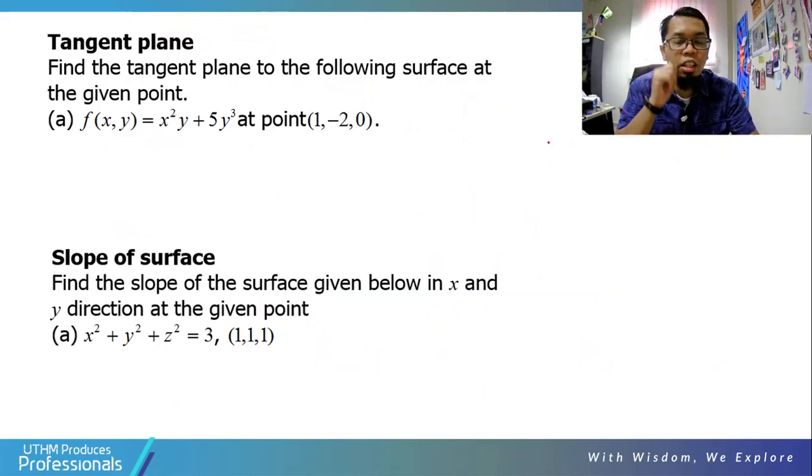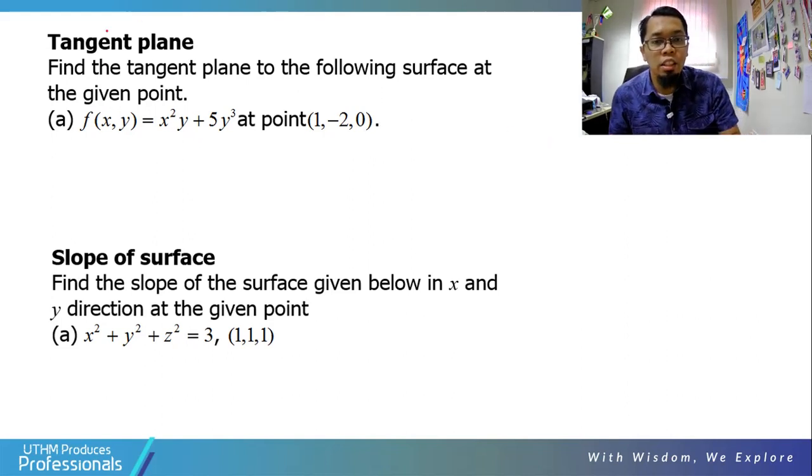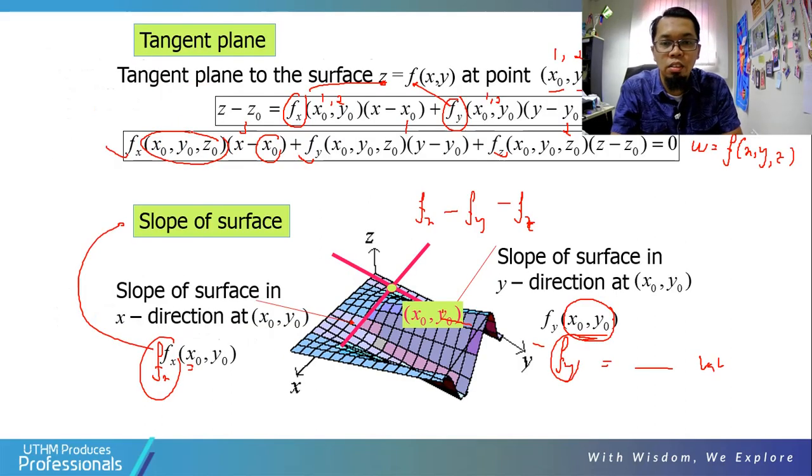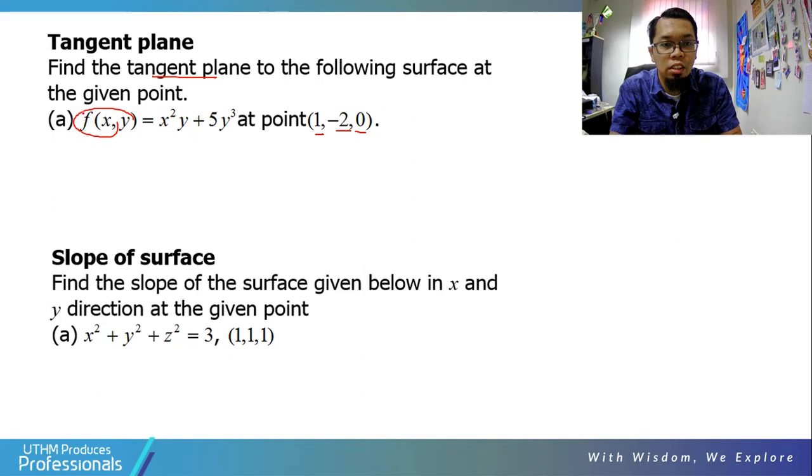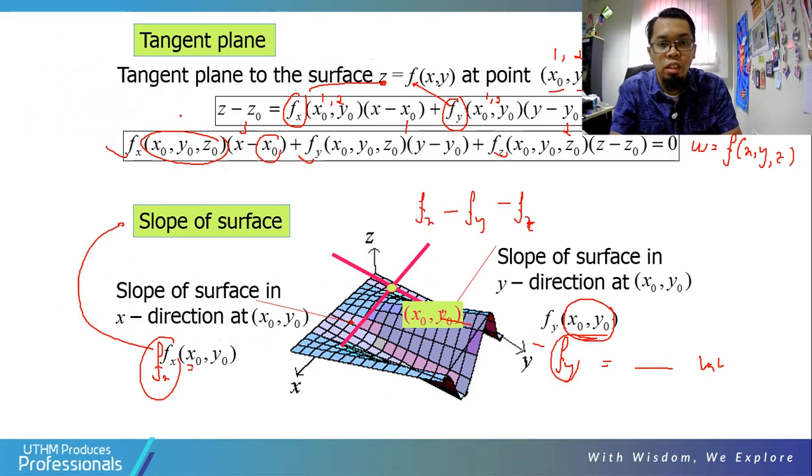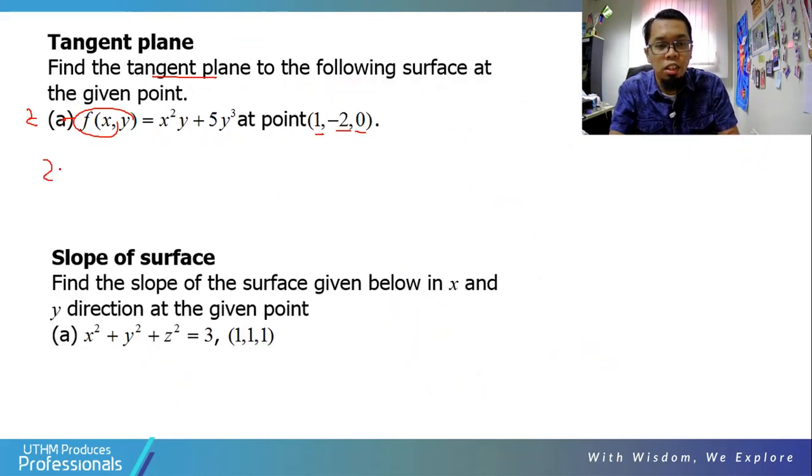Okay, let's take an example for the tangent plane. f(x, y) equals x squared y plus y to the power of 3 at the point (1, -2, 0). You just apply this formula, because this one is z equals f(x, y), so 2 independent variables. So you need to use formula number 1, because there are 2 independent variables. If the question gives 3 independent variables, you need to use the second formula. So using this formula, z minus z naught, z naught is 0, equals